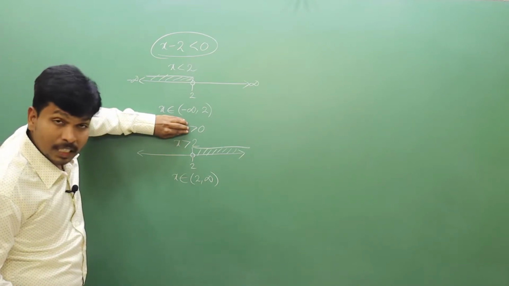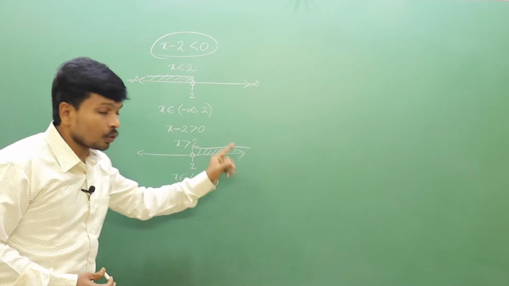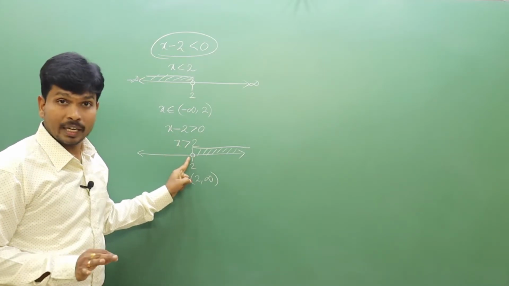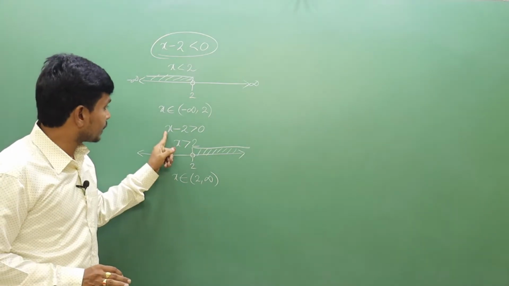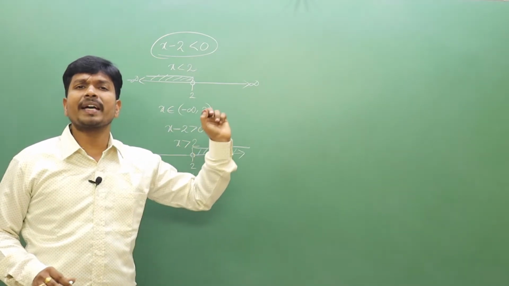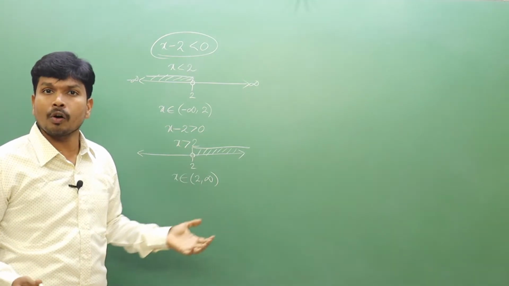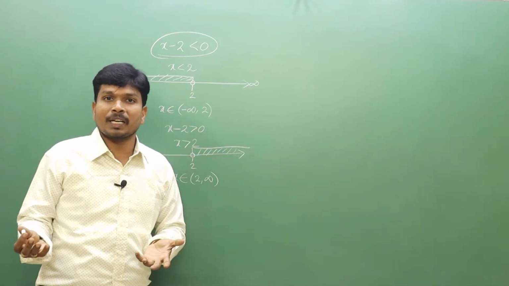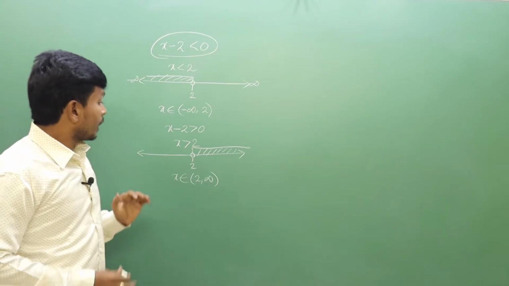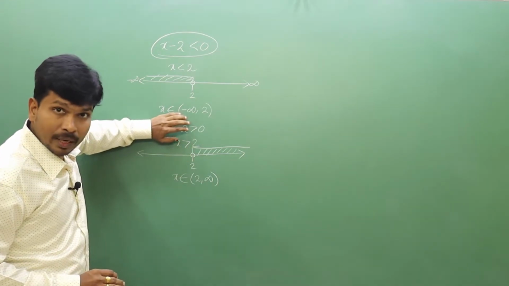Now you have to get this expression positive. Then what do you have to do? You have to take values more than 2. You take 2, 2 minus 2, you will get 0. More than 2 you take, 3, 3 minus 2 is 1, positive. More than 2 is nothing but 2.00001 also, take it. 2.00001 minus 2, what is the value doesn't matter. Whether it is positive or not is all that matters. Yes, it is positive, no? So that's why here you got x value open interval 2 to infinity. This is the solution of x minus 2 greater than 0.